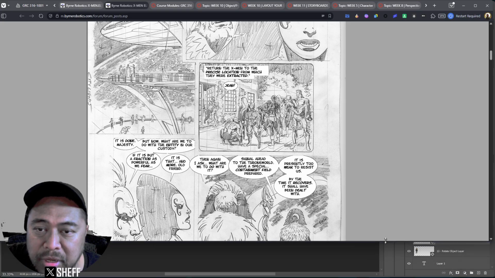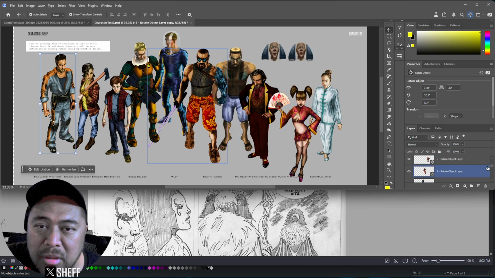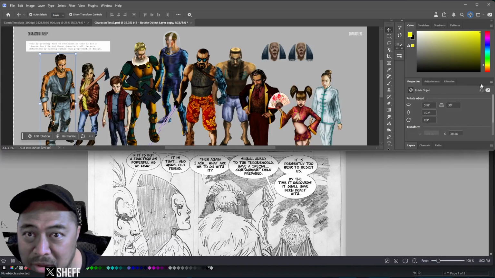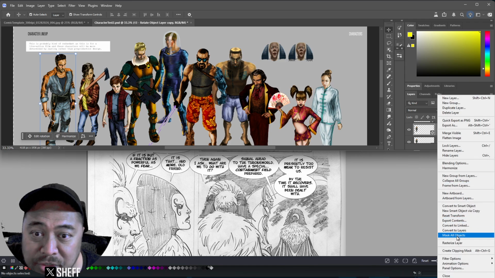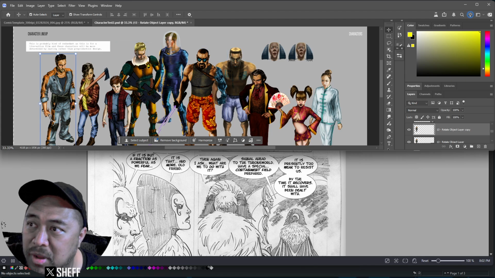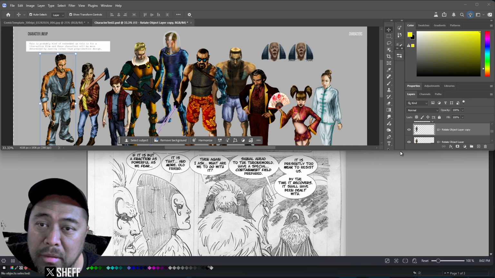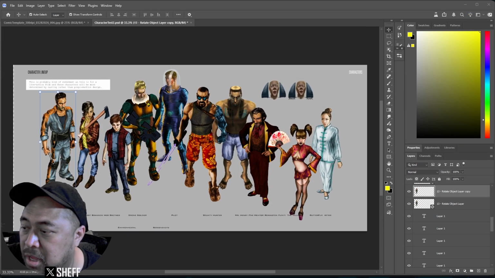You can't see it, it's off the screen. Oh shoot. I'm going to bring it up here. But this layer that I just copied here, I click on the hamburger icon and rasterized layer is still off the screen. Try again. Rasterized layer. And that's what turns it from this rotated object into a layer that can be edited in a vector app. So if I copy and try pasting it,